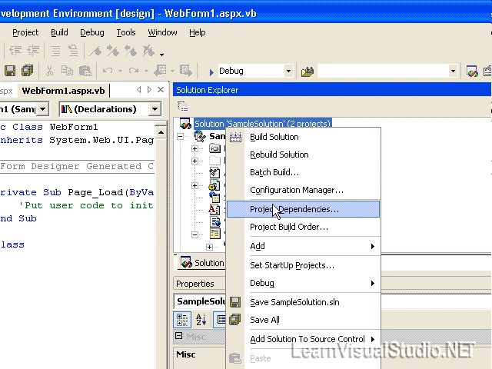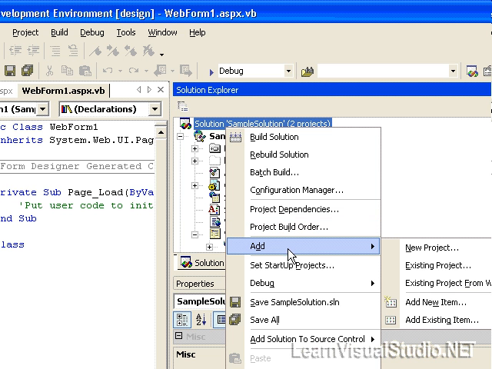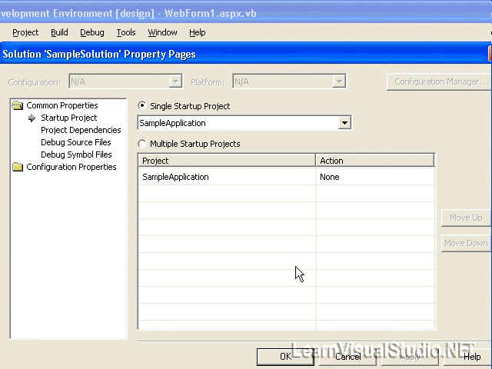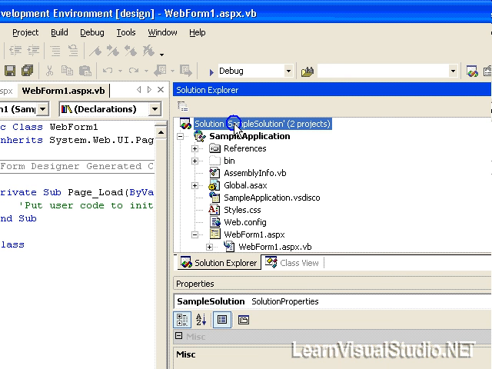It also allows you to set project dependencies and the build order for deployment as well. It'll also, as we noted earlier, allow you to add new projects or existing projects, or add new items to the solution. To set the startup project, which pops open a solution property page, we'll talk about that in a future video, and